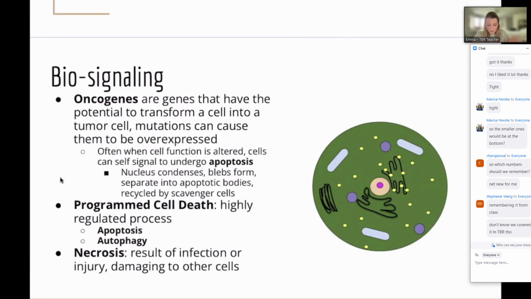So, as I said, programmatic cell death is really regulated. It's really safe. It's a procedural thing. Obviously, if all of your cells are spontaneously going through programmatic cell death, we're going to notice that. But it can either be apoptosis, which is the process I just explained, or autophagy, where the cell itself eats itself, an interesting process of self endocytosing and recycling, compared to necrosis, which is going to be the result of injury or damage to those cells. That's necrosis and sepsis and things like that you'll see later in a physiological setting.